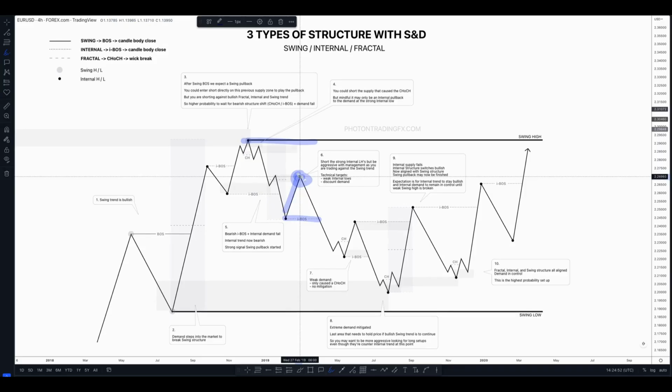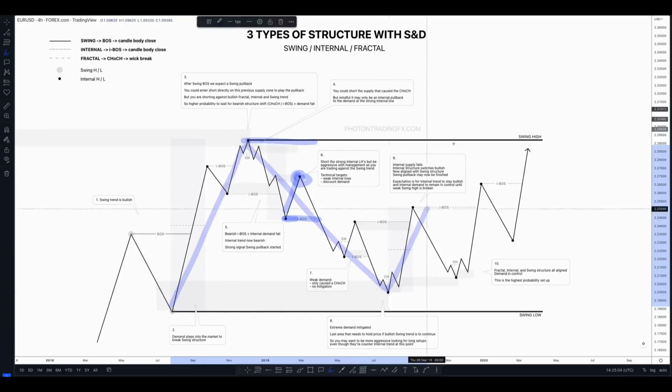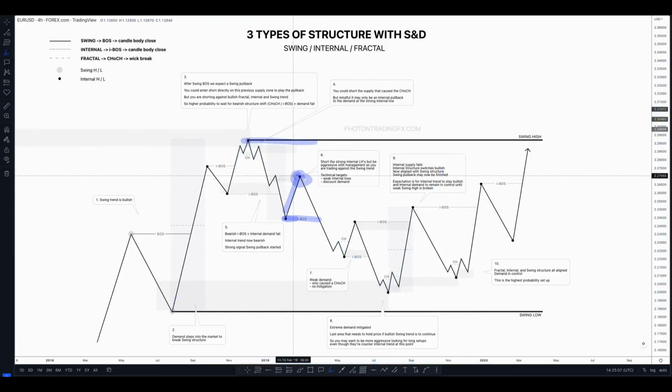Again, we'll talk about management a lot more in depth, but think about the framework. Yes, we're pro internal trend and we can target the weak internal low, but you have to remember we are bullish on the swing trend. So at any moment that swing high or low could form. When we're trading pro internal trend but against the swing trend, we don't want to be pushing price too far, okay? So you can target the weak internal low,